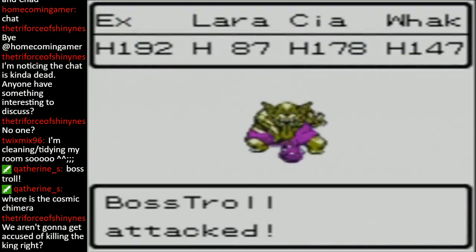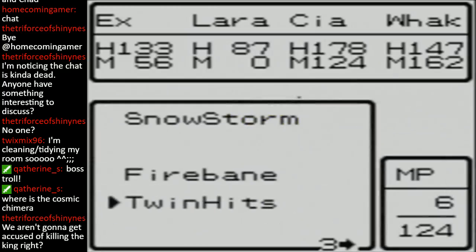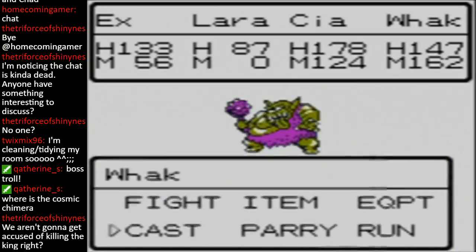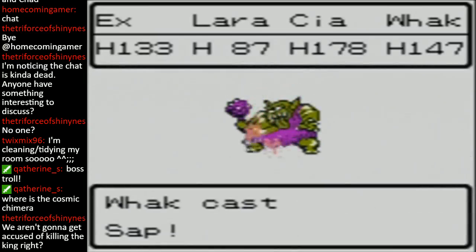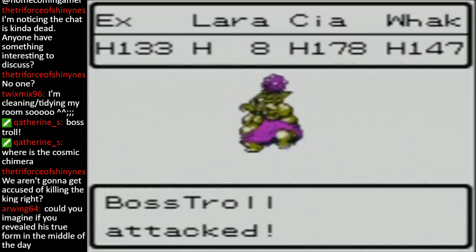Yee! Please not Lara. Please not Lara. Okay. That's better. You're gonna want to heal more, though. Okay. And come on, just try to connect with Sap. Please, Whack. Okay, there we go. Good. So his health fell by... Oh my god! 8...